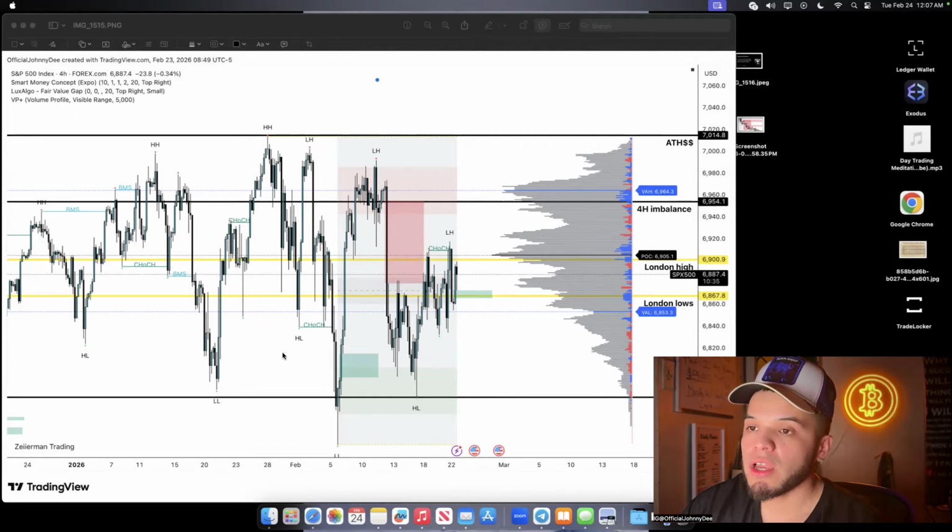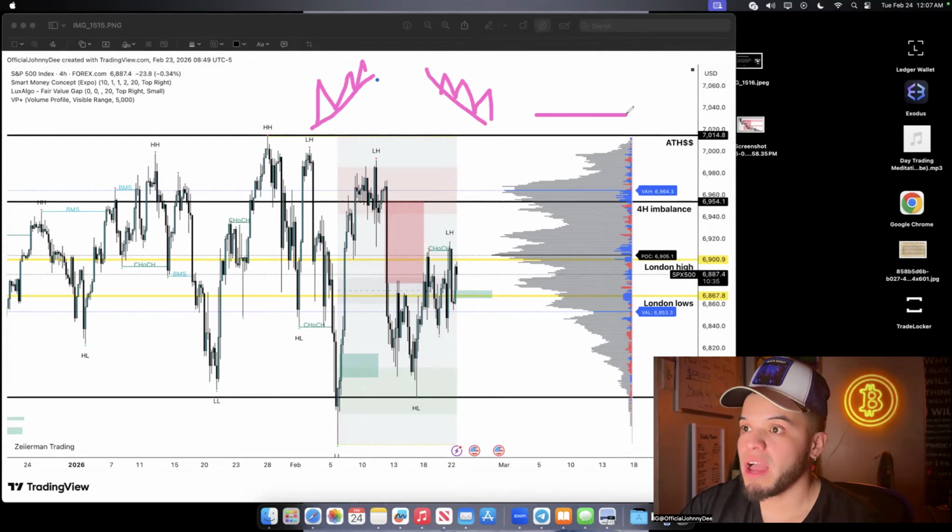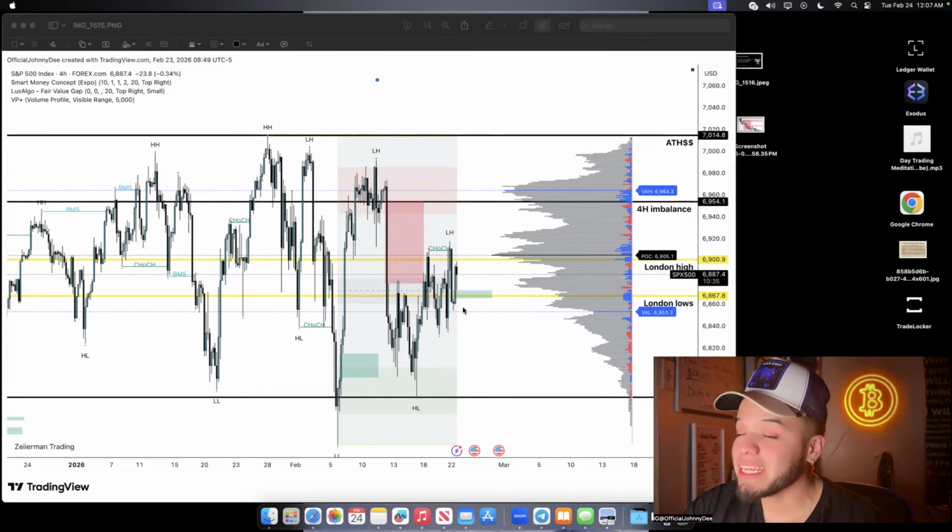So obviously, whenever you're looking at the market, you want to look at where there is liquidity. Now we have two types of liquidity. We have dynamic liquidity that's built like this, or for bearish like this, and then we have still liquidity, which is built like this, which is equal highs and equal lows. And this is lower highs, lower lows, higher highs, higher lows, etc. So clearly, guys, very clearly, we built dynamic liquidity pretty much all here,